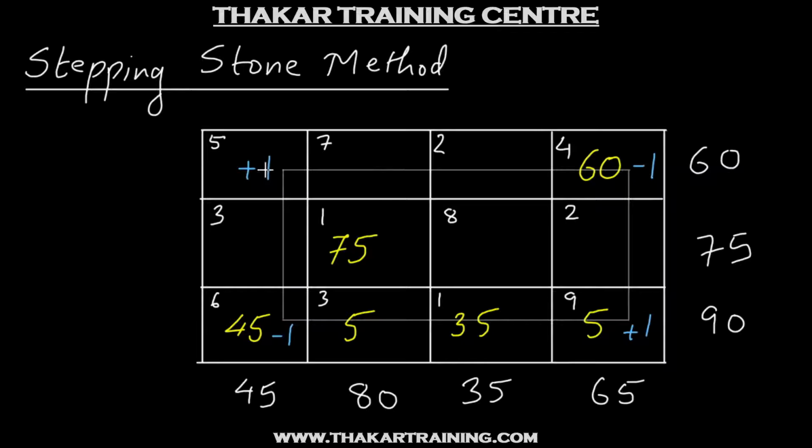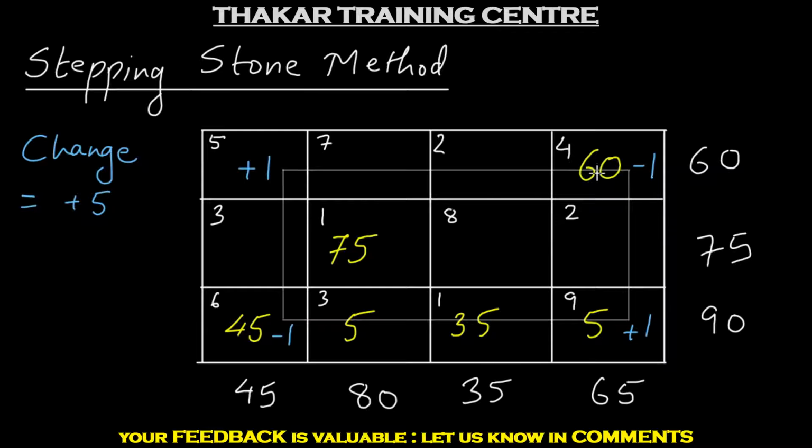It is clear that since the allocations have been adjusted, the total transportation cost is going to change. So we try to find out how much that transportation cost is going to change by. As compared to the previous solution, we will have 1 unit which will be transported at the rate of 5. So there will be a change of +5. Now in the previous solution, 60 units were being transported at the rate of 4. But now we'll have 1 less unit which will be transported at that rate.